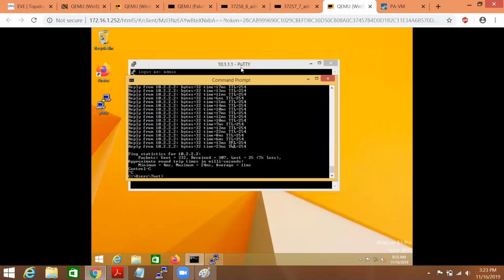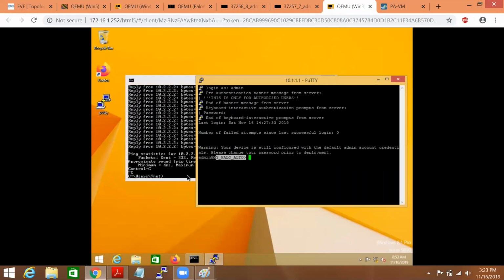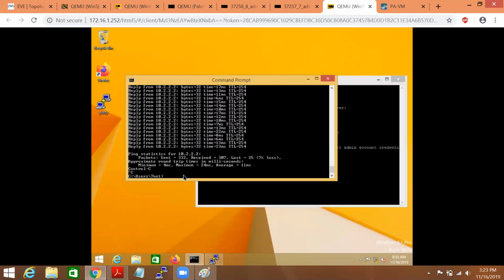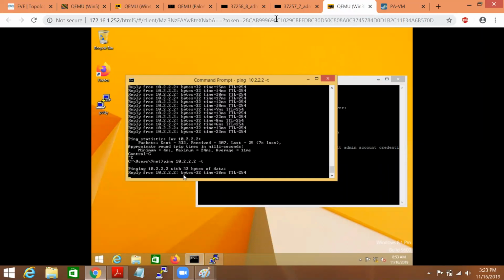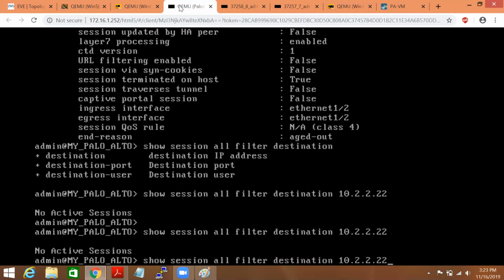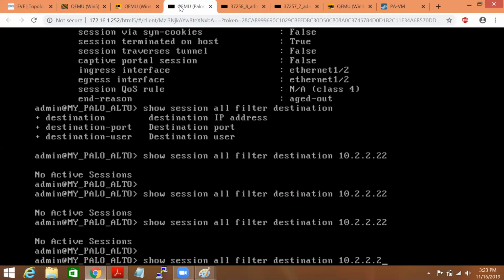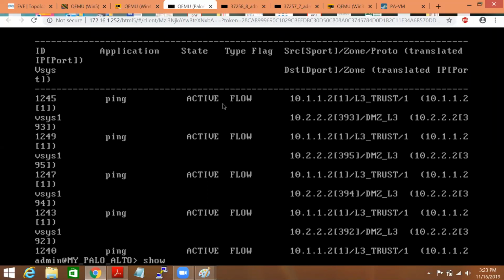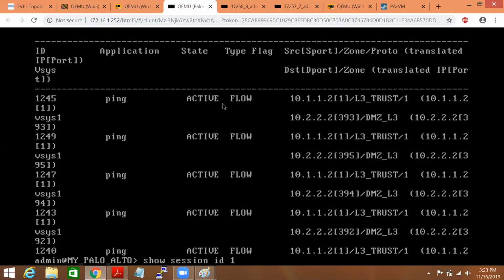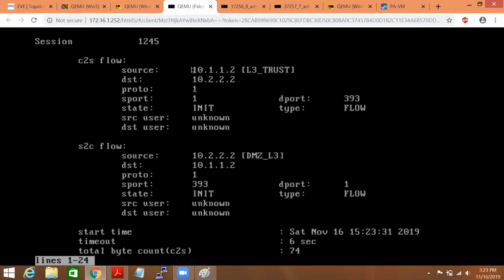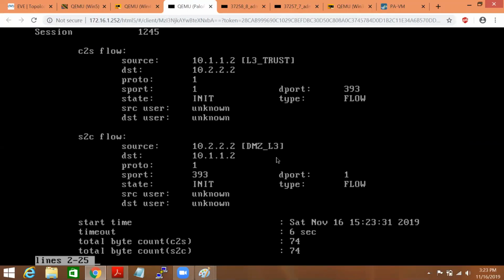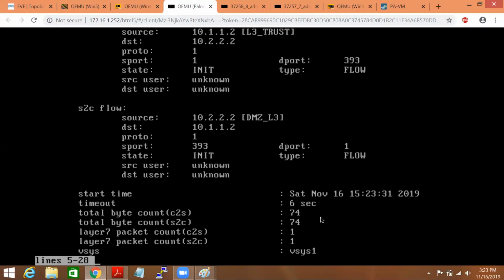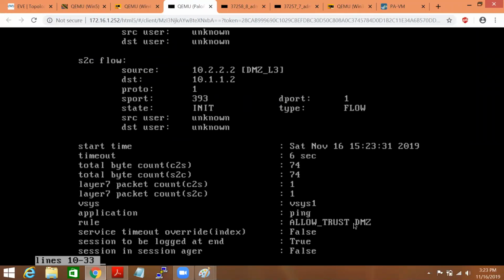You can check 10.2.2. I've just filtered on destination, show session ID 1245. Source is this, destination is this, L3 to L3, trust to DMZ L3. You can check the timeout is 6 seconds, and which rule allowed it? Trust to DMZ.